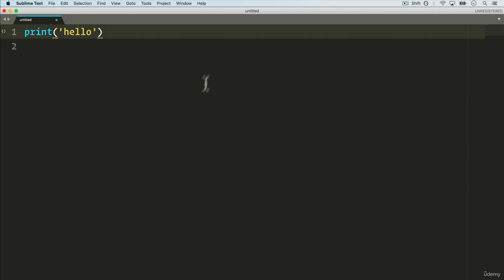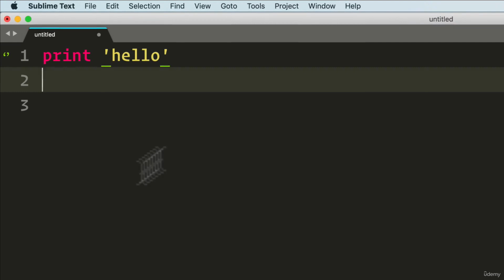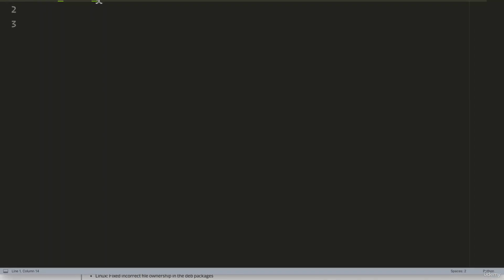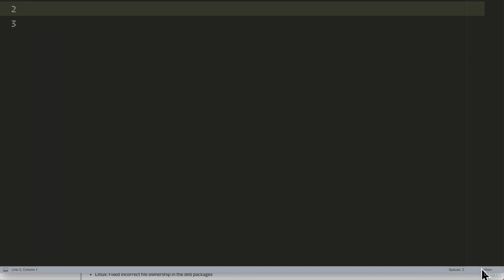Now, with Sublime Text, this Python is actually version 2 of Python. So if I remove the brackets, it doesn't give me an error because in Python 2, well, this is valid syntax. So in order to upgrade this to Python 3, we have to install a few packages.